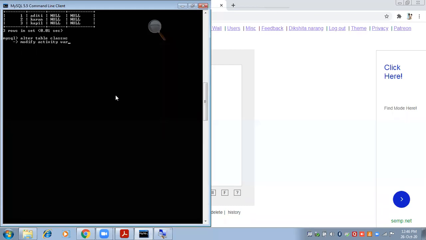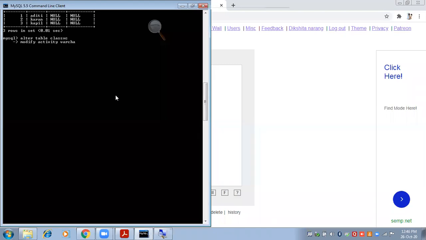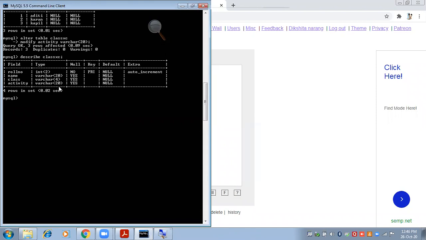So we will directly write the new size, varchar 15 or 20, whatever changes you want to make, semicolon, enter. Now let us describe the structure of the table so that we can compare. Describe class 10c, semicolon, enter. So now the size of the activity column is 20.